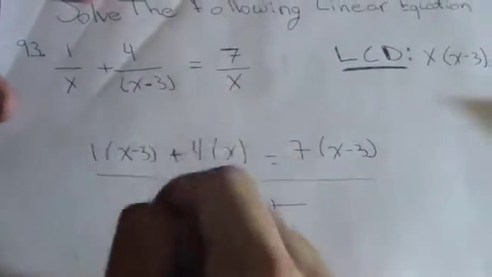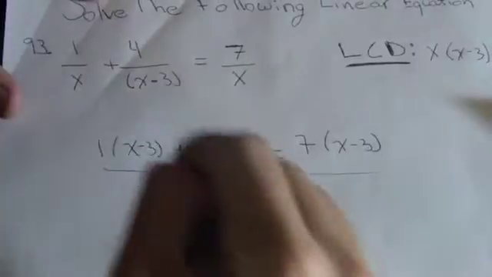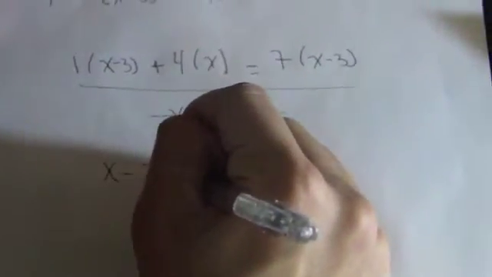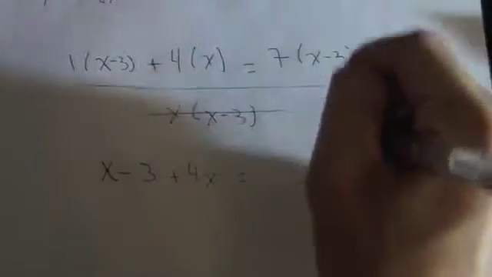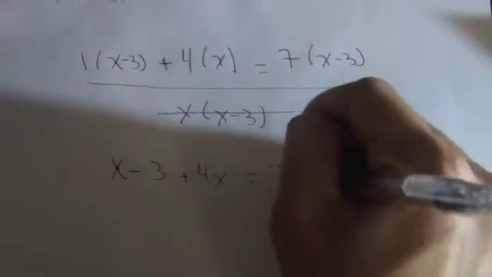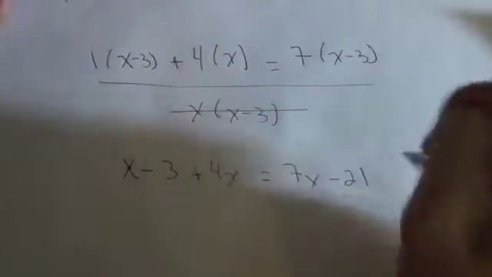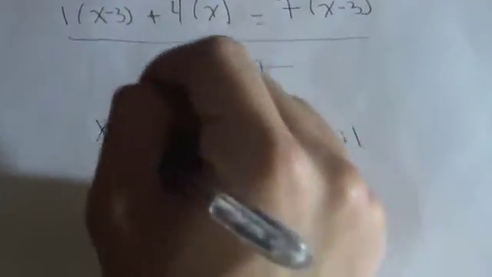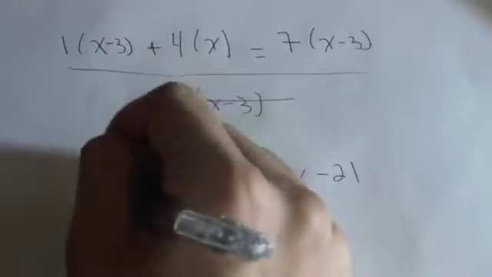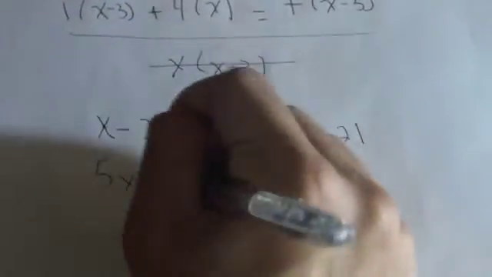Let's multiply. First it's 1 times x, which is x, minus 3 times 1, which is negative 3, plus 4 times x, which is 4x, equals 7 times x, which is 7x. 7 times negative 3 is negative 21. And now we have to unite them. Simplify, I mean. So x plus 4x is 5x, and negative 3 remains the same,